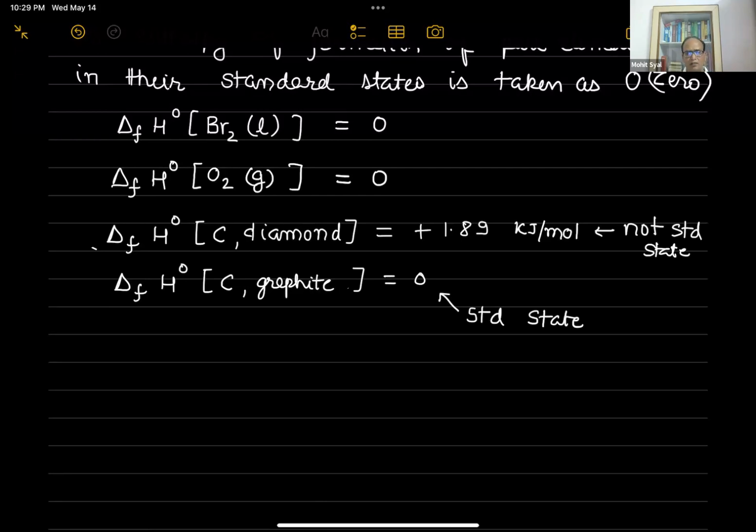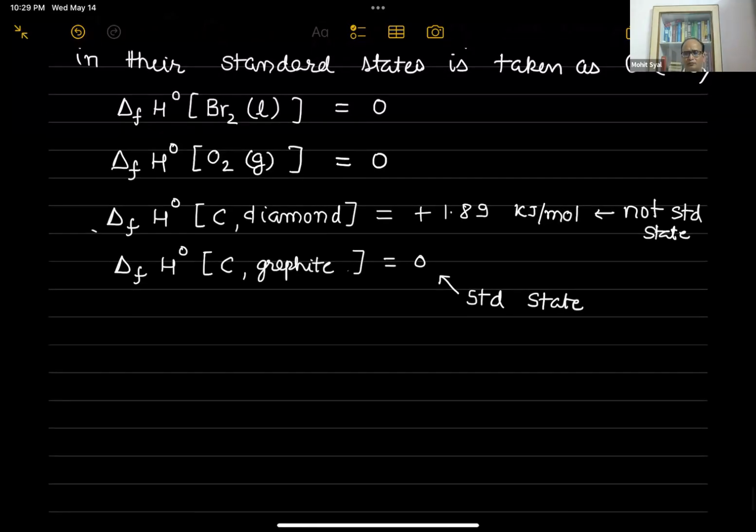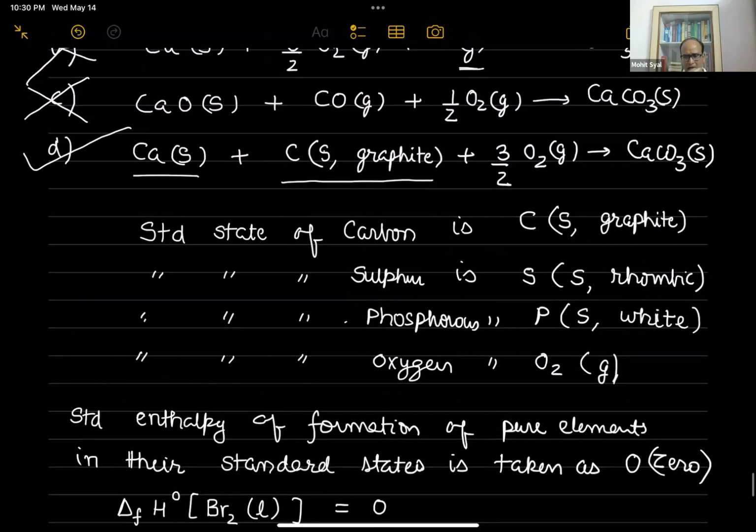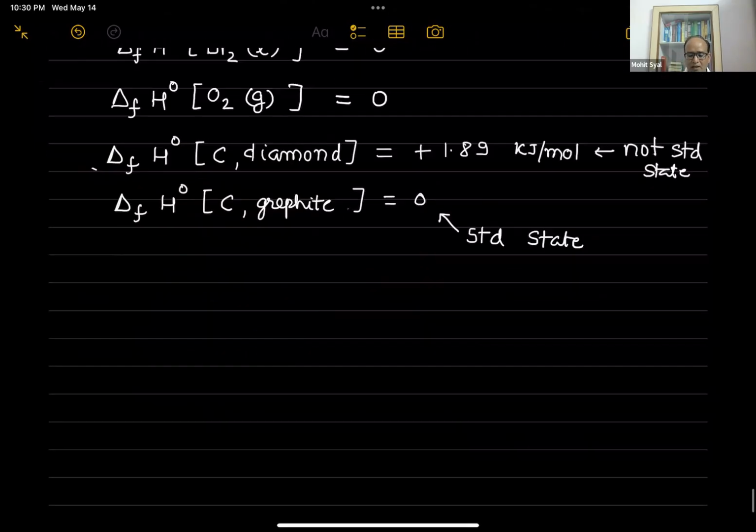So how are we going to use this enthalpy of formation? We have the enthalpy of formation of compounds, but what are we going to do with it? It tells us whether a compound is stable or not. If it is highly negative, then the compound is going to be very stable. If it is positive, then the compound will be less stable. But there is a very important and very simple use. Any reaction, if it is given,